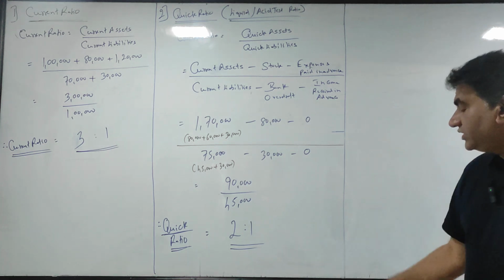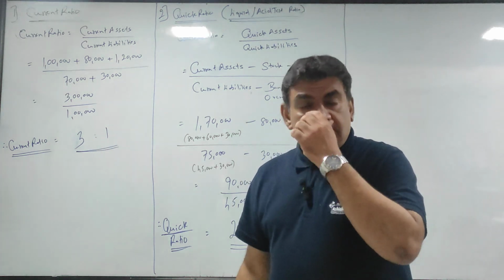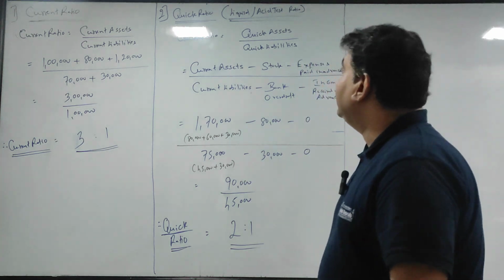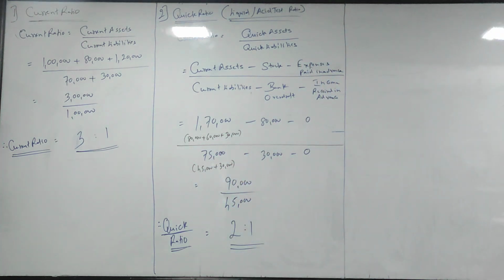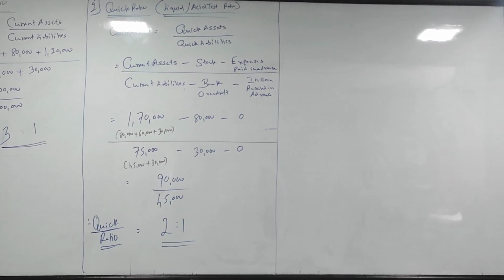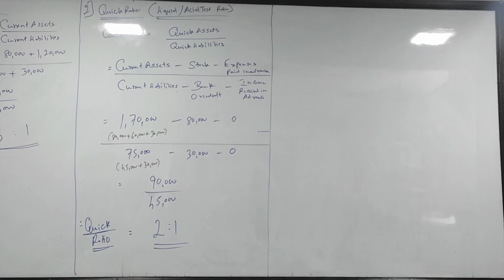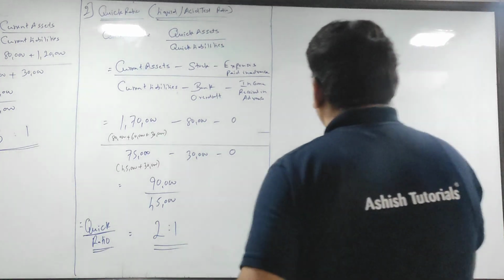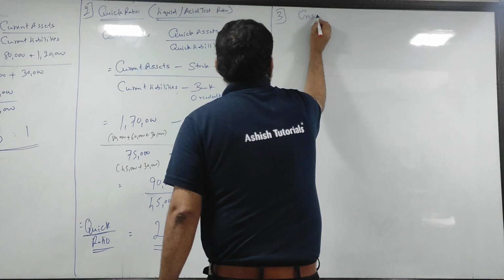Okay, so quick ratio 2:1. All of you all clear with this? Got it? Now we take the third ratio. These were your two balance sheet ratios. Now I take third income. I'll just change the angle a little bit. Okay. Now I take the third ratio, that is a part of income statement ratio, and that is nothing but